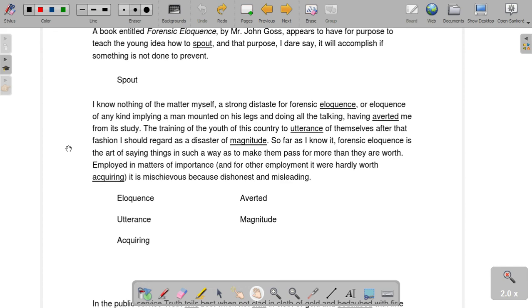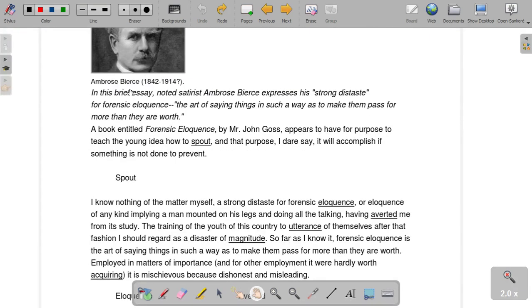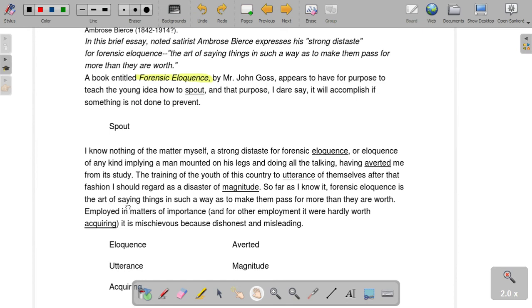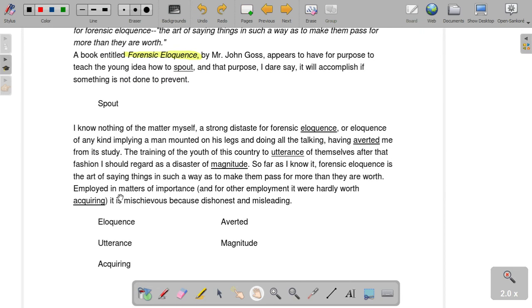So remember, this whole thing is written by Ambrose Bierce, and he's writing it in response to a book that came out, and the book is called Forensic Eloquence. Now, if you remember, Ambrose Bierce does not like this book. We haven't exactly figured out why up to this point, but he explains why in this paragraph, and he explains what the book is about. I'm just going to read this all the way through, and as I go, I want you to pay attention. There's a lot of big words and complex sentences, so it's going to seem really overwhelming, but try to figure out what is...